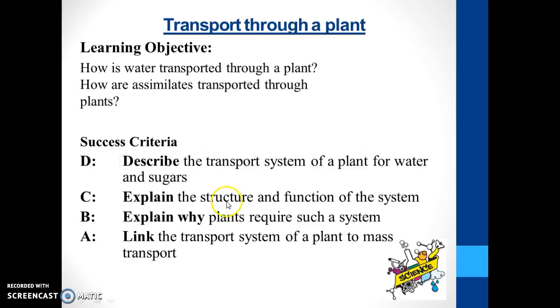So thinking again, linking it all back to here, why do they require such a system then? Well, because all the cells are going to need the sugar to respire, to function, to grow, to develop, to produce new cells by mitosis, and then linking it into this mass transport. They don't need a heart, they don't need a pump as such, because they have a relatively low metabolic rate. However, they do require water, they do require glucose, and so they've adapted to have this very vast, massive transport system for water. Have a go at answering those 2 objective questions for me, and if you want to go